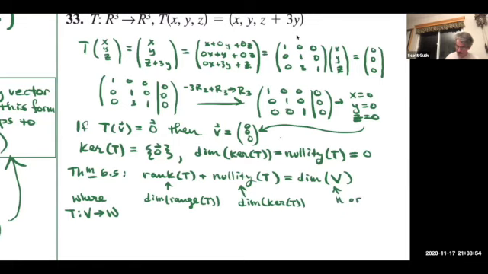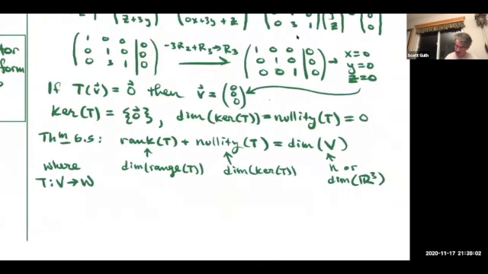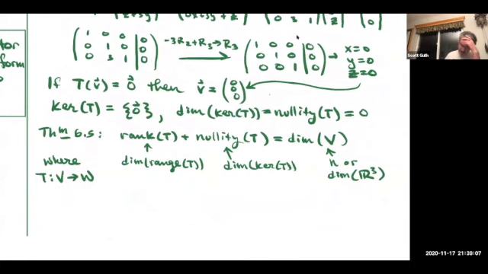It's the dimension, in this case, of R3, because we're mapping from R3 into R3 here. So N is 3. So what I'm trying to get at is I've determined that the dimension of the kernel is 0 here, and that N is the dimension of R3. Okay, so N is 3,